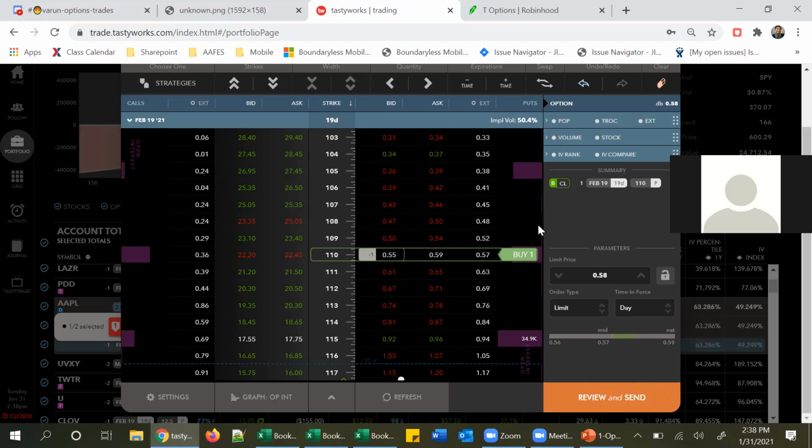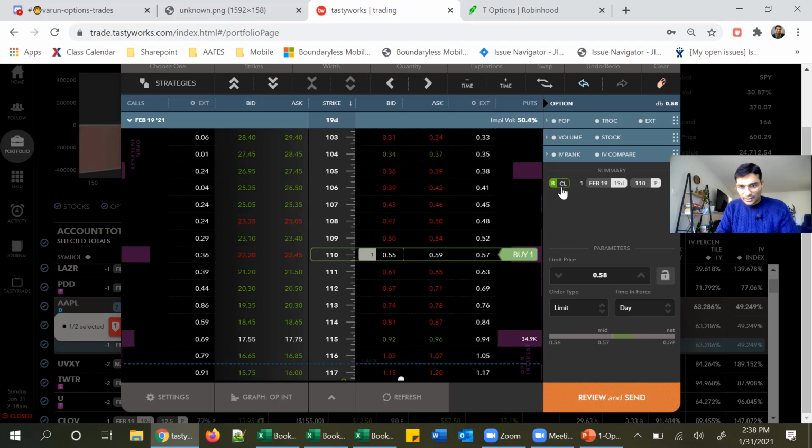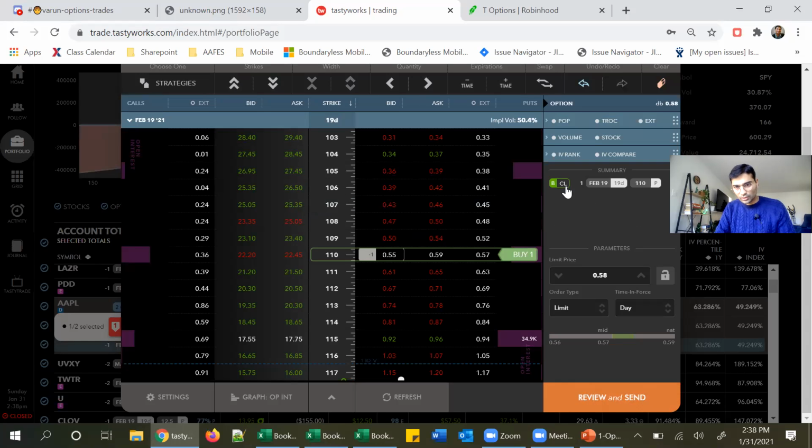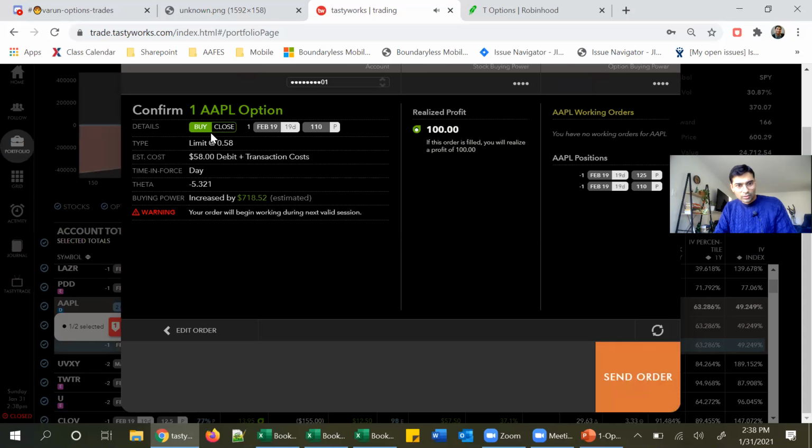So now I'm buying to close, but the good thing is it shows me CL here, so it tells me I'm closing this. This is a closing order. And when I'm buying it, it shows me OP as an open order. So this is an open order, but this is a closing order. So if I close this,